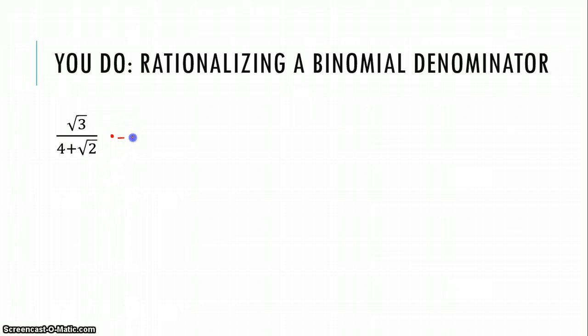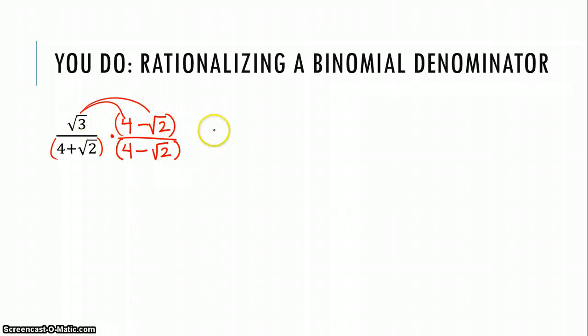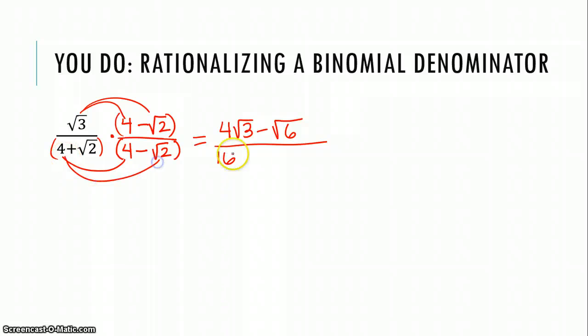So the conjugate would be, and make sure you paused and tried this on your own. If I group this, it's the same components, but it's a subtraction. So I need to do 4 minus root 2 in the numerator, 4 minus root 2 in the denominator. In the numerator, I'm just multiplying, or sorry, distributing. So I have 4 root 3 minus root 6. In the denominator, now I'm FOILing. I have 16 minus 4 root 2 plus 4 root 2